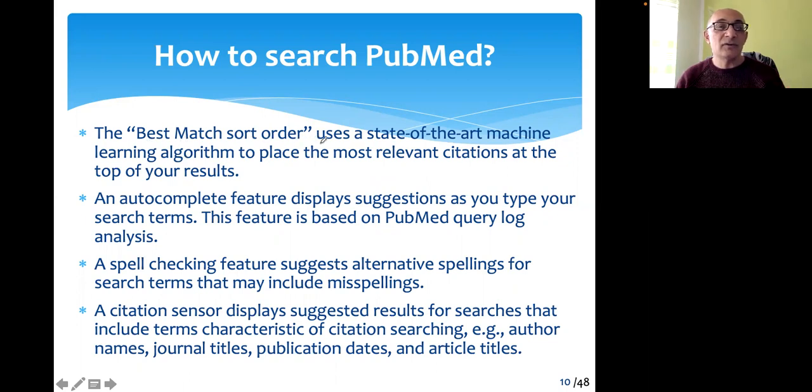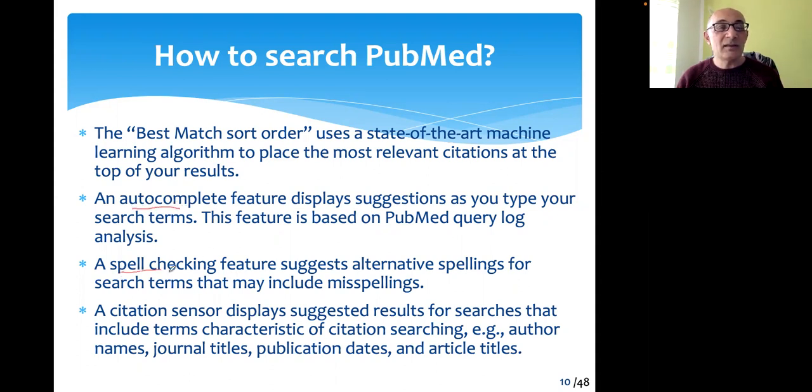This is the default. So it is a learning algorithm that helps the end user to come up with the best search. For example, as it is in Google search or many other search engines, you have this autocomplete option,